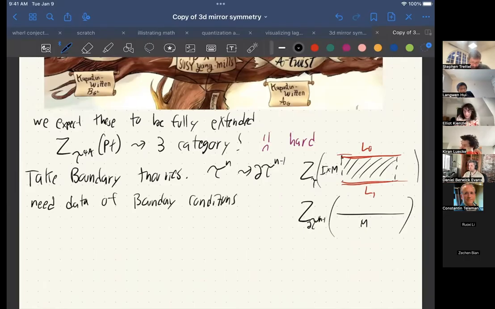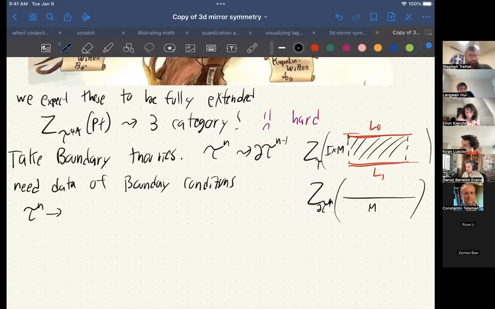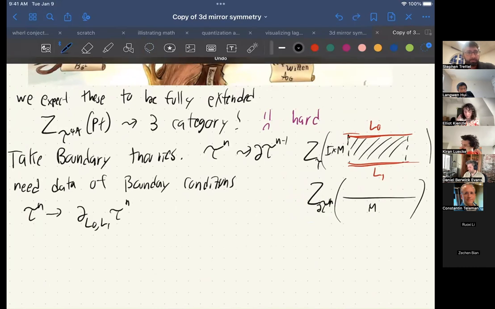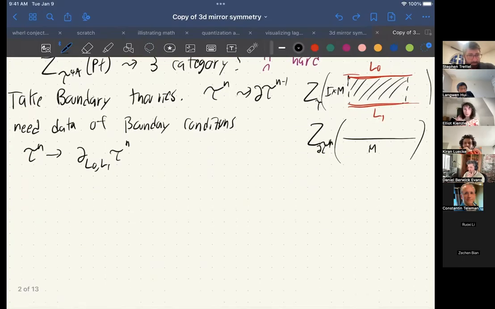So in fact, the resulting lower dimensional theory should be some theory where the boundary has boundary conditions given by, in this case, L0 and an L1 of my original theory. Okay, so the boundary conditions are part of the data that define this theory. Now, in the framework of the cobordism hypothesis, or this fully extended TQFT language, we expect that the quantum field